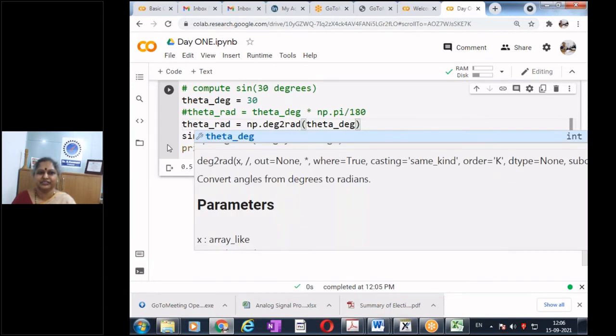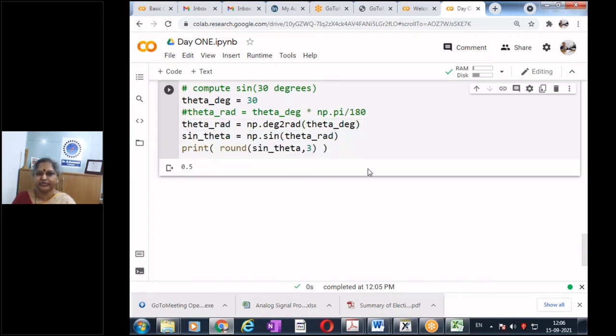Just see whether this also gives the same result. Instead of multiplying by pi by 180, I am using the inbuilt function that is available, degree to radian, and then I am running it. Just check whether we get the same answer.